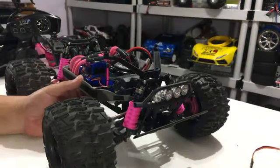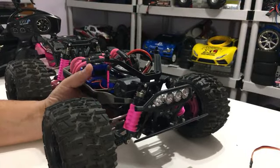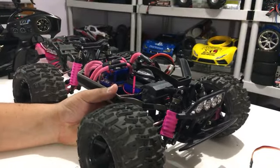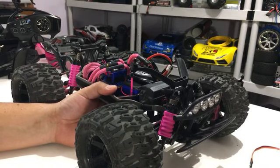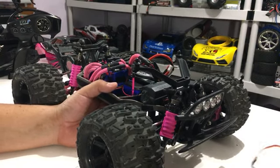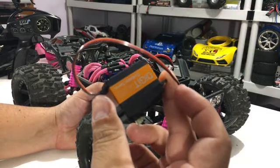I just ordered myself the Sidewinder 4. So the Sidewinder 4 will be in Stampinky. I believe it's a 5700 kV motor, and I will have the Sidewinder in there. Also, since I was not able to use this for my Fortec, I thought,